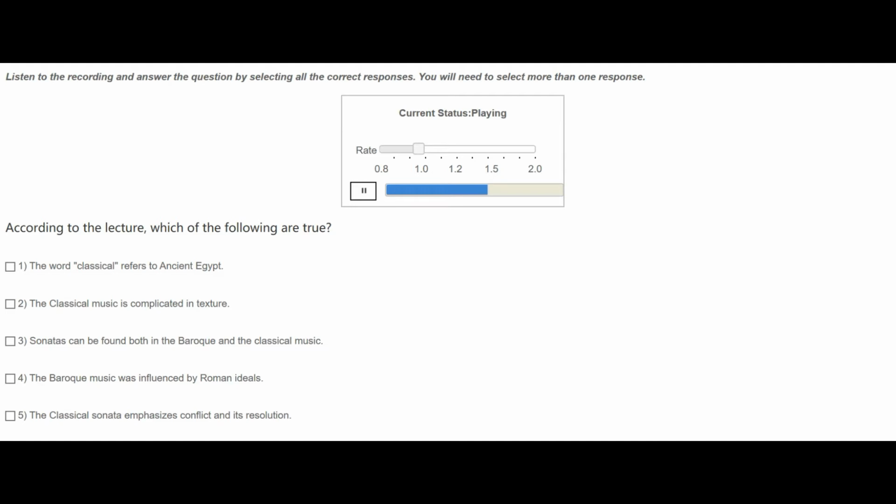Musical experiments were made, and the results completed the transformation from the Baroque era to the classical. The sonata was the most important of these, as well as the most developed. Although Baroque composers also wrote sonatas, the classical style of sonata is completely distinct. The classical sonata is based on conflict, maybe between two themes of contrasting character. During the performance of the sonata, the conflict increases or becomes more involved until it is finally resolved. The sonata allowed composers to give solely instrumental pieces a dramatic character or even a personality. All of the main